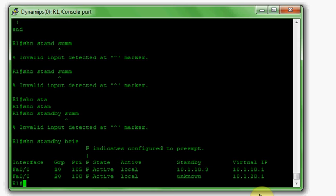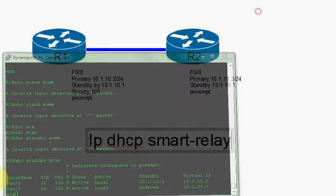Okay, so this is telling us from its perspective it's got a priority of 100, because we didn't configure a higher priority, so it's using the default. And it's the active router. It can't find a standby router, and the virtual IP address is 10.1.20.1. It can't find one because we haven't configured one yet. So let's hop over to router 2